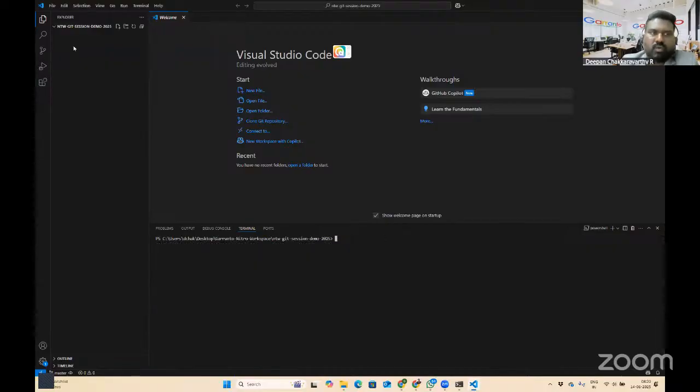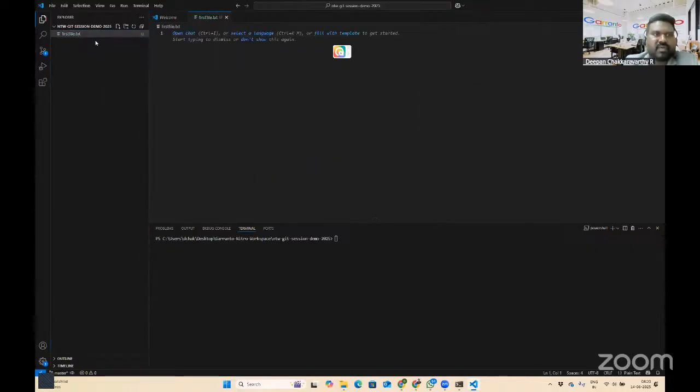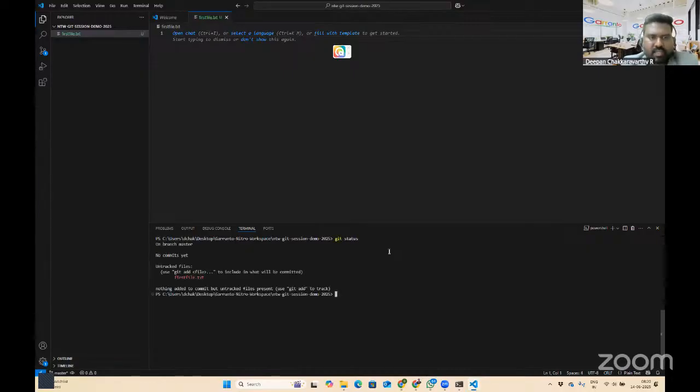Now the moment you start doing changes in your project, everything will be tracked by Git. For instance, I'm going to create a new file, right? I'm naming it first file dot txt. Now that I have made one change, I'm getting different information. The moment I say git status after creating a file, it says no commits yet, and then untracked files, first file.txt. So there is a change that is to be tracked.